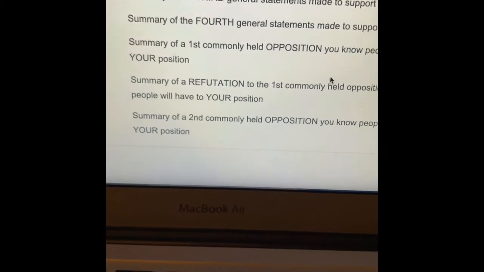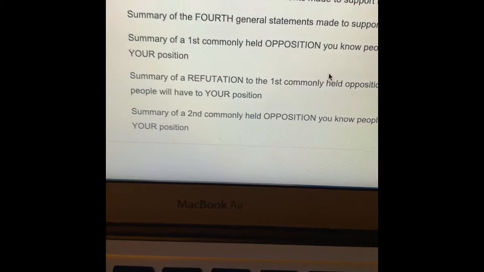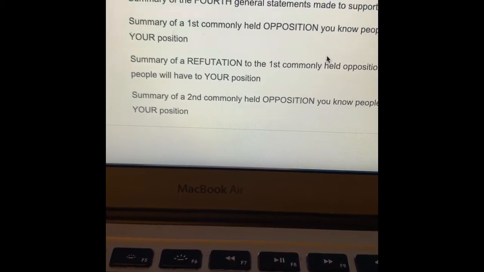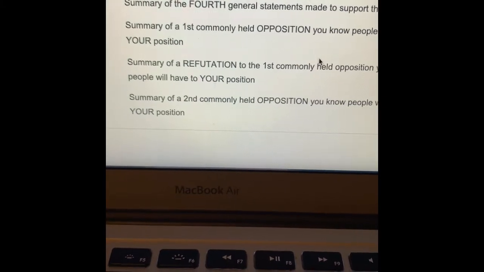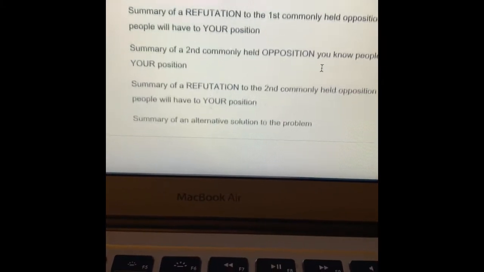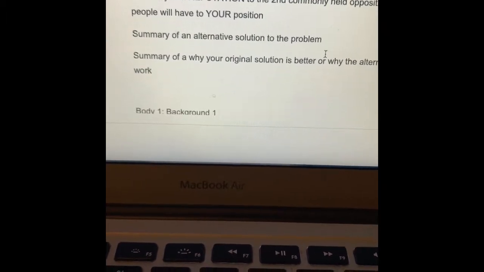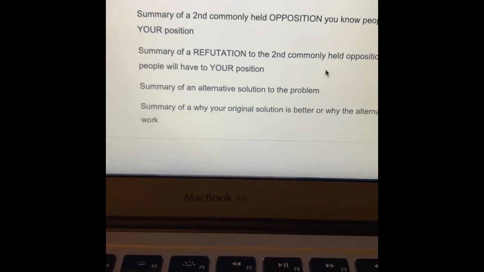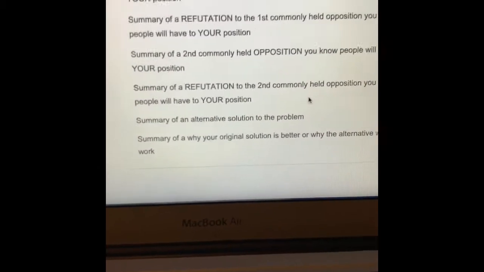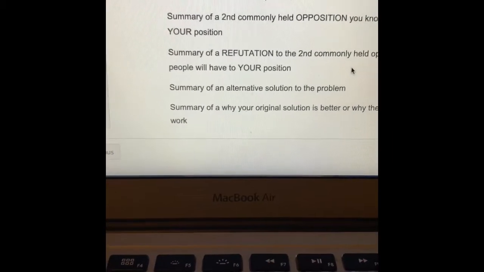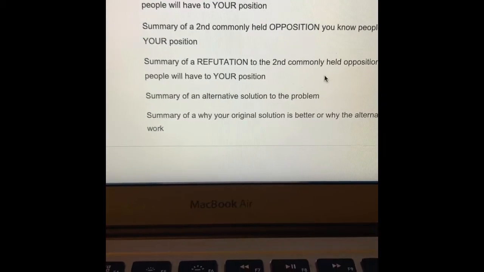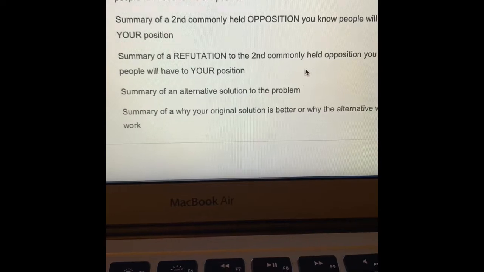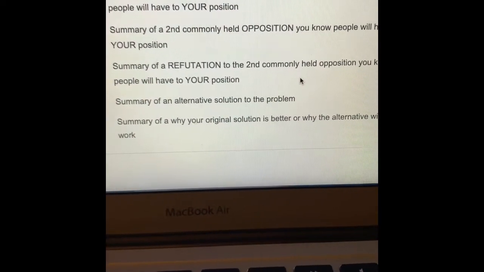Your thesis, right, which is the evaluation, will the solution work or not? And then notice there's 1, 2, 3, 4 reasons for the solution, and then objection, refutation, another objection and refutation, an alternative solution, and a statement of why the original solution's better. Now I want to pause here and say that sometimes students ask, can we do 6 reasons and support, and then 1 objection and 1 refutation, 1 alternative solution, and 1 statement of why the original solution's better?